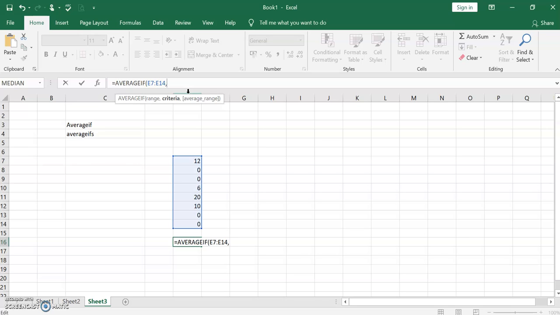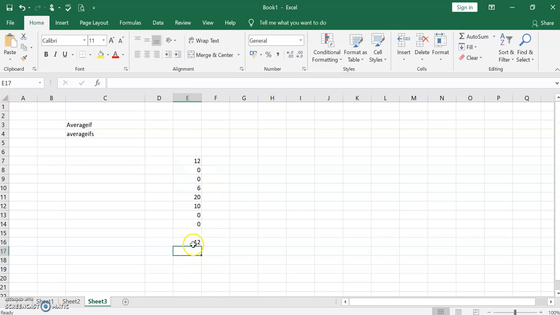Here I am going to find the average for all the values which are more than 0, because we need to omit the 0. We don't need it. So I'm taking values which are more than 0 only. This is my criteria. I close it and enter. So it gives 12.